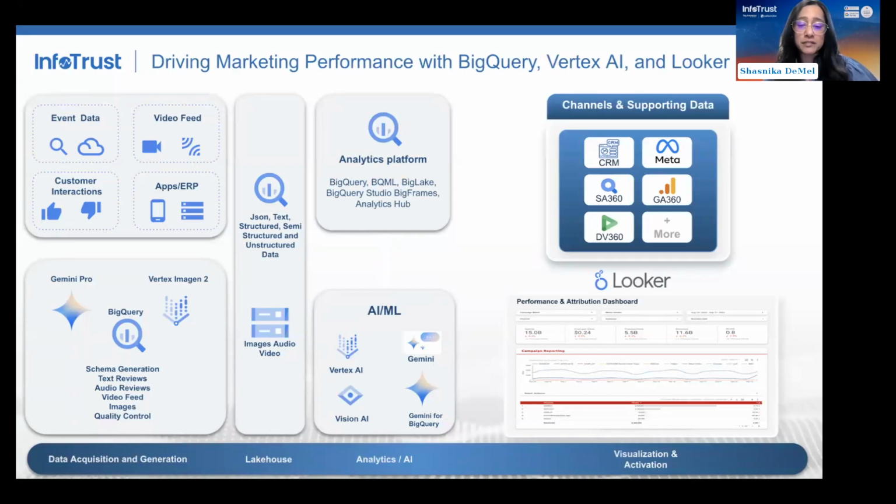Let's say it's from your GA4 data, CRM data, etc. And then also think about the future and the other types of data that you would want to collect, such as non-traditional and unstructured data sources, such as video and app behavior. All of that data can be centralized and brought together within the Google Cloud platform.